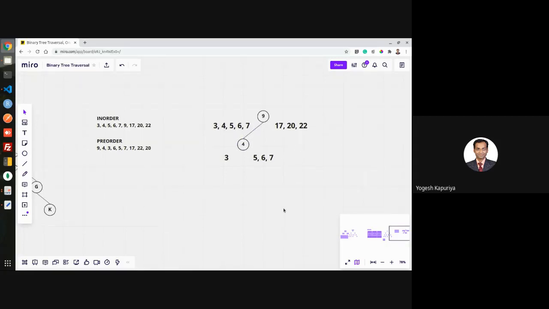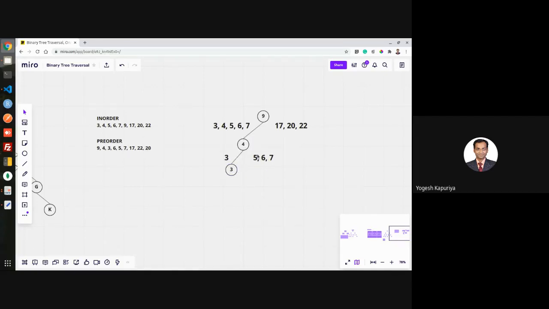Okay. If there is only one node, then there is no case of looking at it further. So what you have to do is simply create a node and say it's 3.